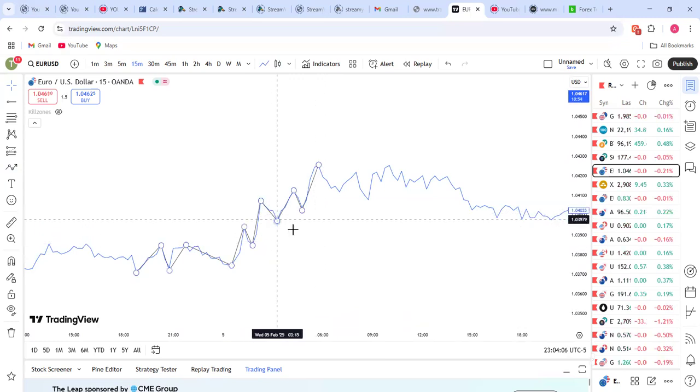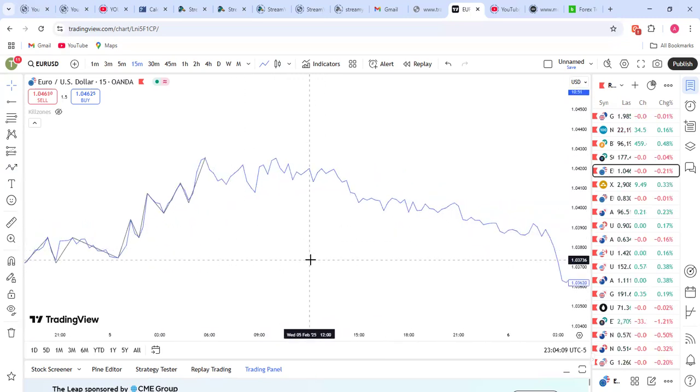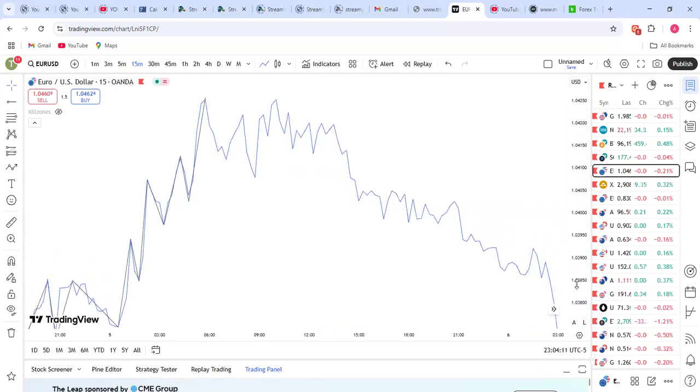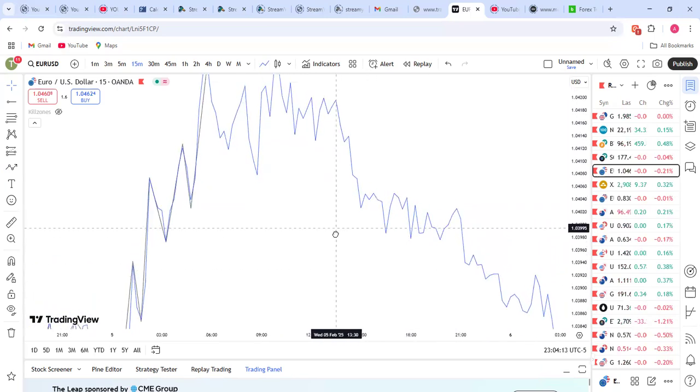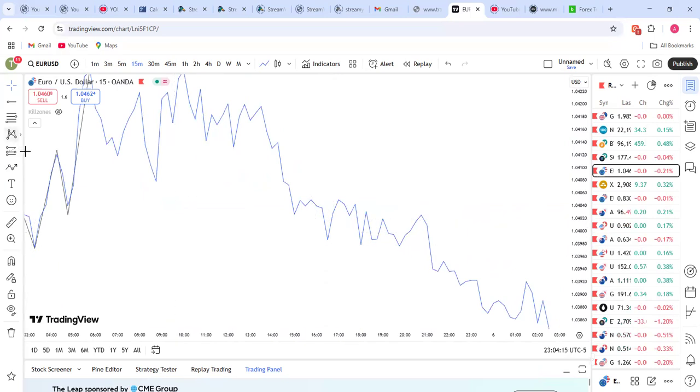We use market structure to predict the movement of the market. Let's try and look for a bearish example. Look at this, we see the market give us this. We have this high, we have this low. We have this high, we have this low, lower than this previous low, lower low, lower high,